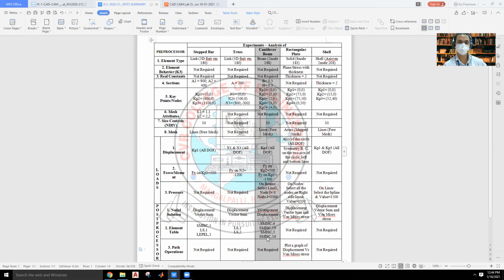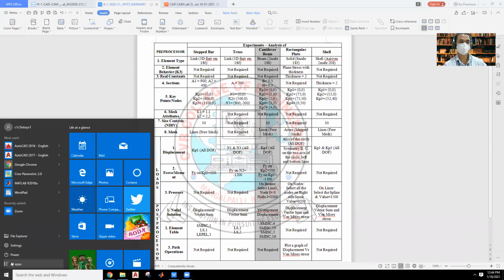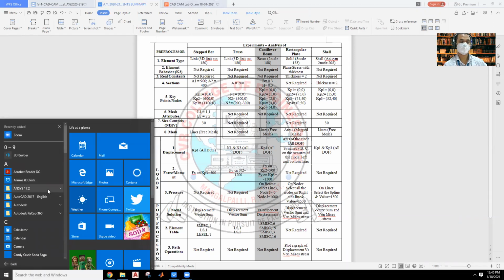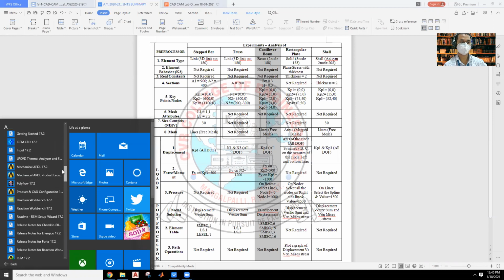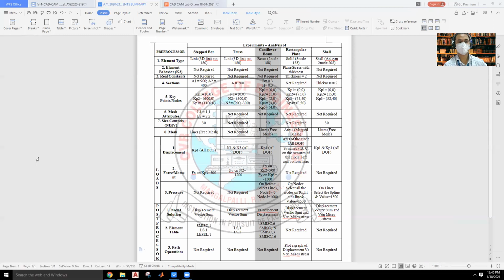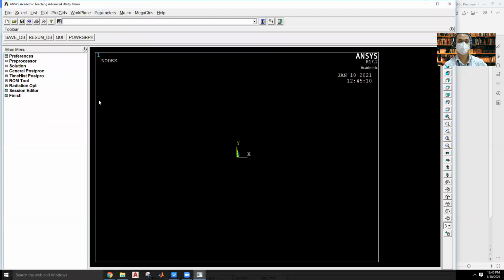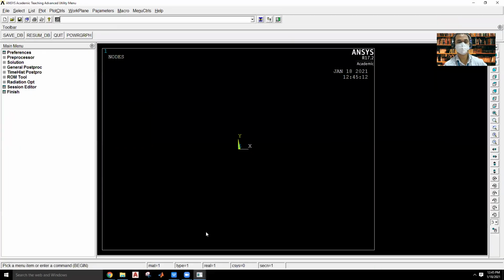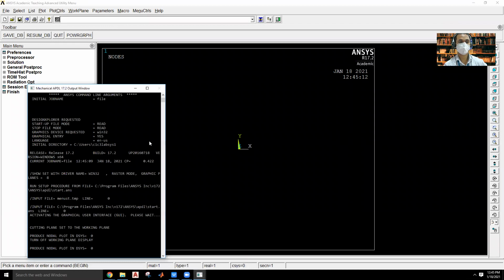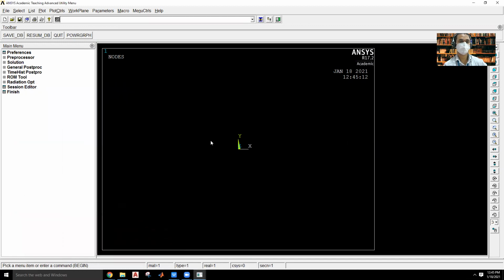Okay, so these are the things we will be performing in the cantilever beam so that it will be completed. Whenever you want to start, click on Start, All Apps. Then click on the ANSYS 17.2 folder. Then select Mechanical APDL 17.2 so that it opens directly. Two windows, one output window and one utility window. If you have any problem in opening the output window, click on Buy and Enter so that it will override any unsaved work and start a new file for you.